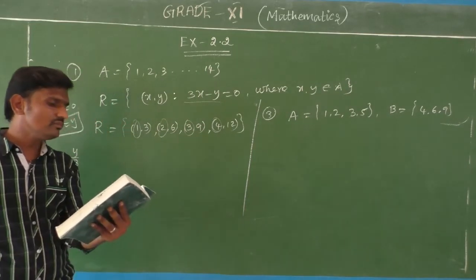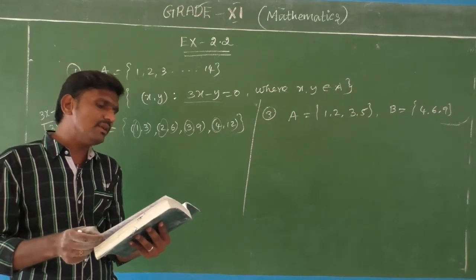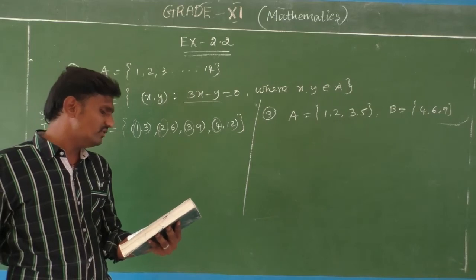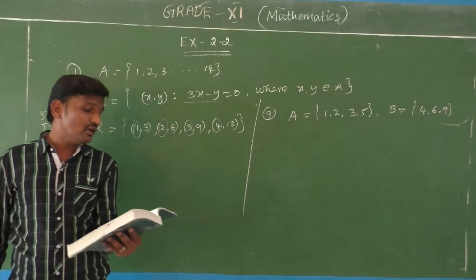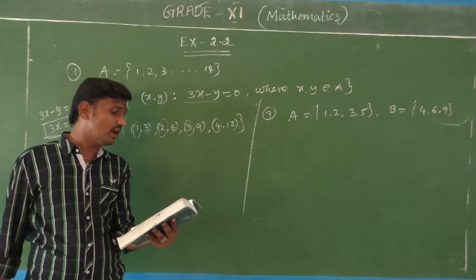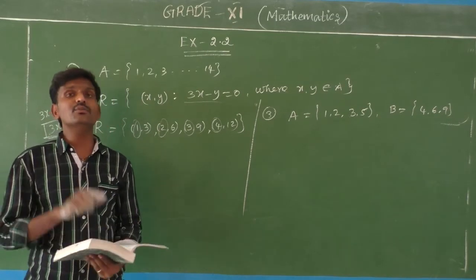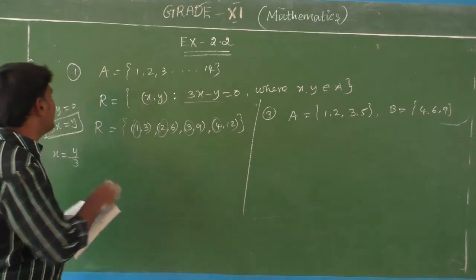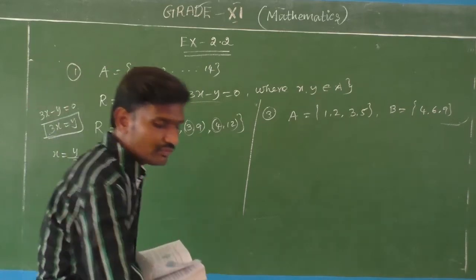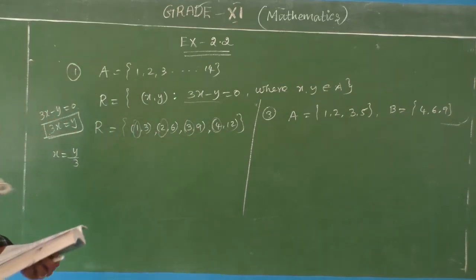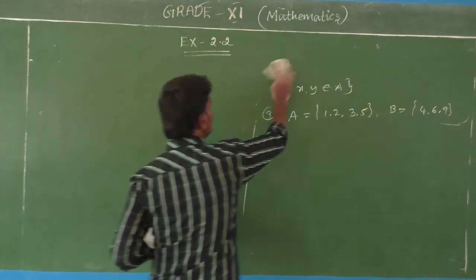Okay. Fine. Now question number 4 also has the same pattern as your Example 8, so try to complete it yourself. Fifth question also is the same. A equal to {1, 2, 3, 4, 6}, R be a relation on A where x is exactly divisible by y. You have to think well and do this sum, because it follows the same pattern. Here it is a divisor of 6, a multiple of 3, a divisor of 3. So think and complete that question yourself.